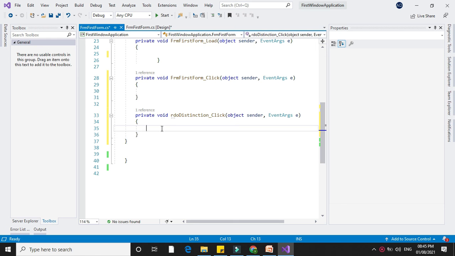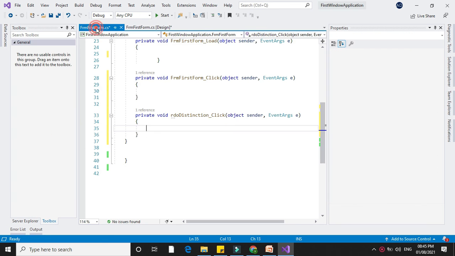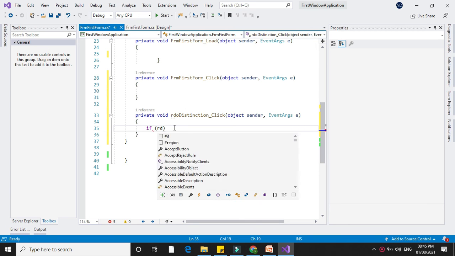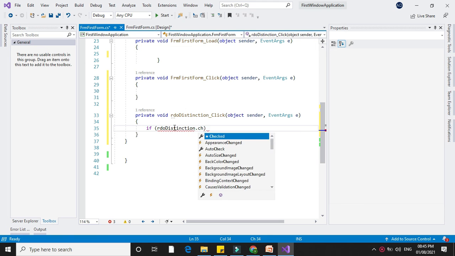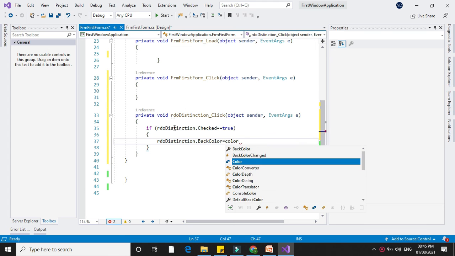And here I will check if the radio button checked value is true, then I will change the color. So if RDO dot checked equal to true, then I will change the color of distinction equal to Color dot Red.